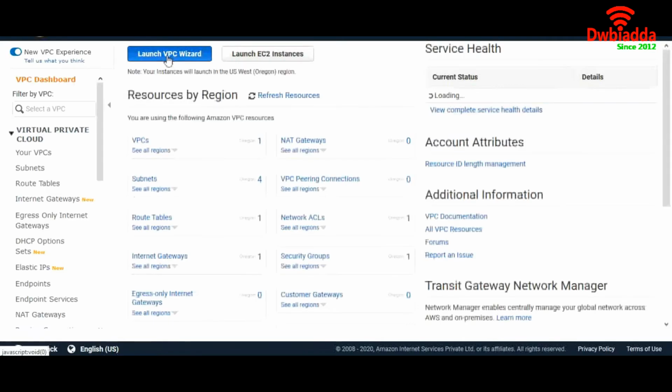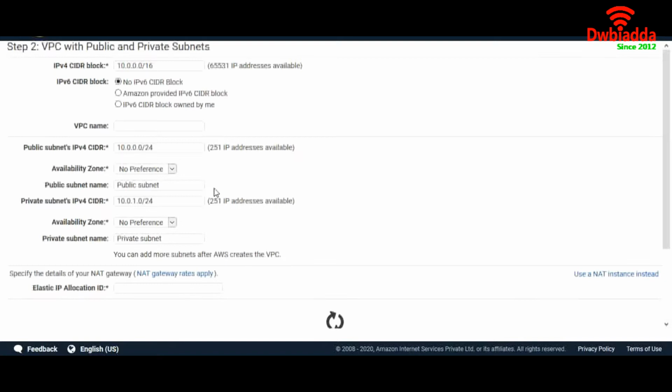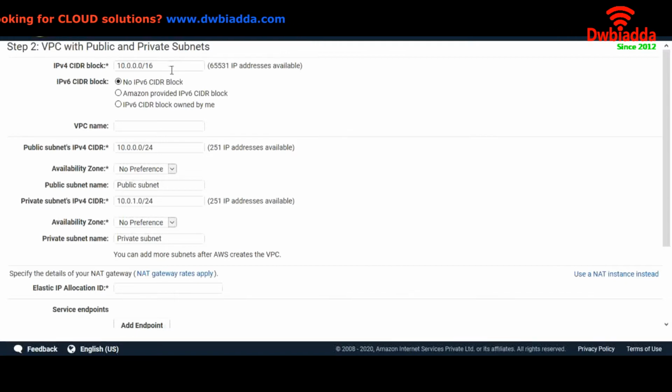Launch VPC wizard, and again we're going to go with the second option. To create VPC peering between two VPCs, you must keep in mind that the CIDR value of both VPCs should not be the same, otherwise they will overlap and you won't be able to create VPC peering between the two VPCs. So for this we have to change the CIDR block of this VPC.